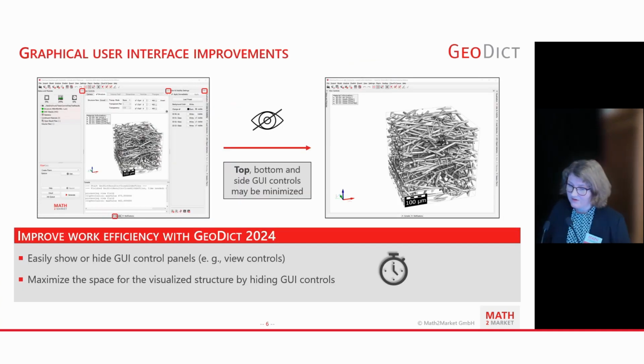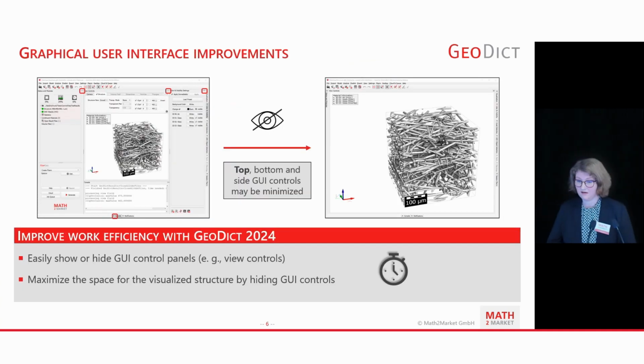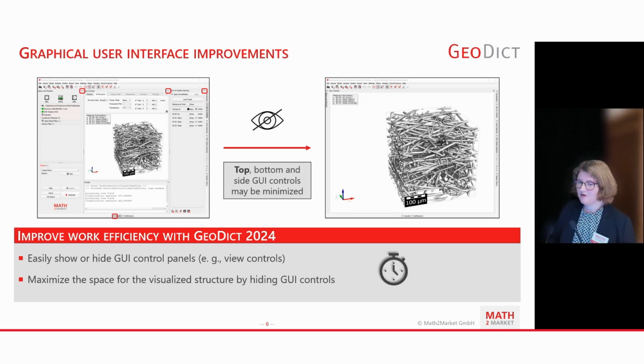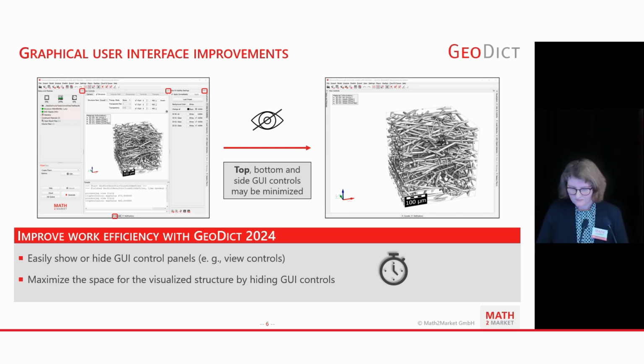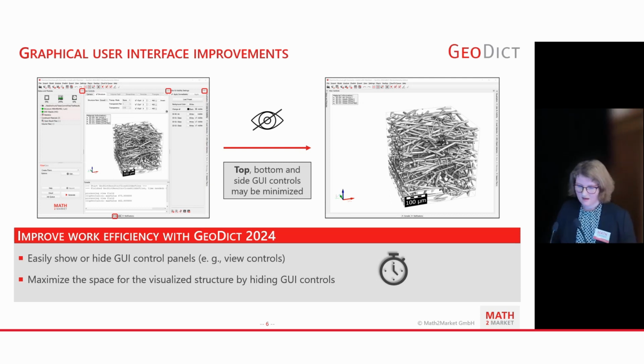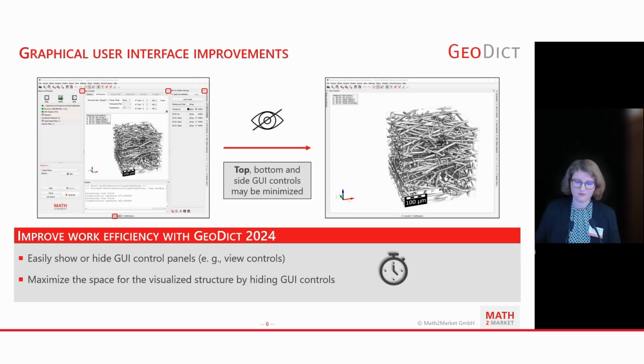And there's another update of the user interface. We have been redesigning it over the last few years in a way that a user can easily access the required information or hide what one does not want to see. With Geodeck 2024, it is now possible to minimize the view controls at the top of the user interface. So you can maximize the space to visualize the loaded data. And all the mentioned user interface elements on this slide can be collapsed, they can be opened, they can be dragged from the main interface to a different screen, wherever you want them to be.